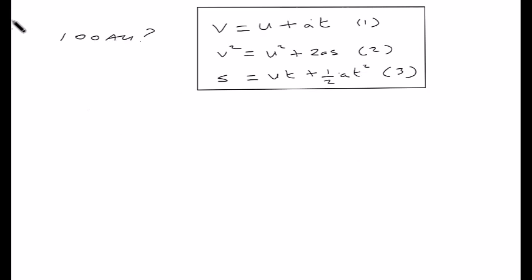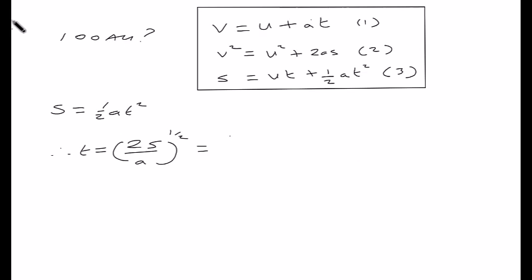So we're going to use this equation. We're going to assume a zero initial velocity. So s is equal to 1/2 at squared. Therefore t is equal to (2s over a) all to the power of a half. Nice and simple, back of envelope. And if we put the numbers in,